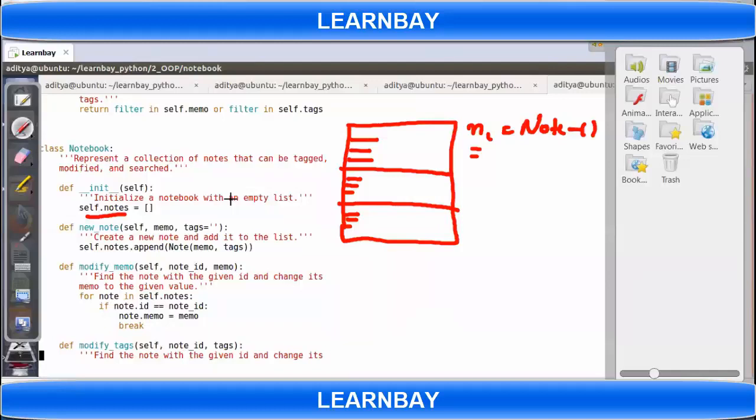It is like, let's suppose 10 people are there in this classroom and you distributed one chocolate to each one. If you want to see all the chocolates, you have to call everybody in the class and check. Let's suppose there is a rack here, and whoever got a chocolate keeps it there. If you want to see all the chocolates, you can just look at that rack. This is the same. If you define the contact inside init, then to check any contact, you have to always call the object related to that contact.